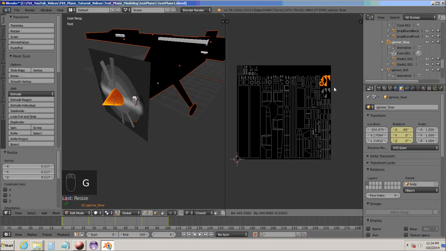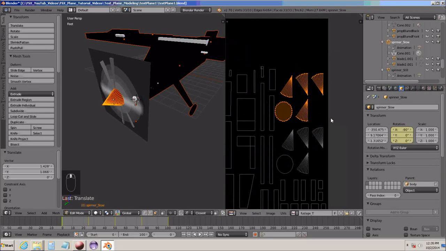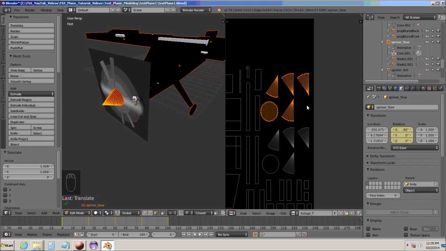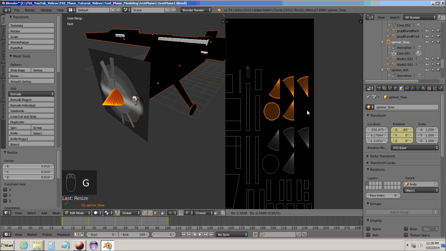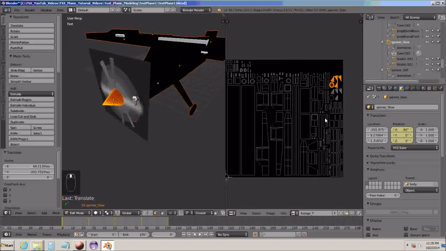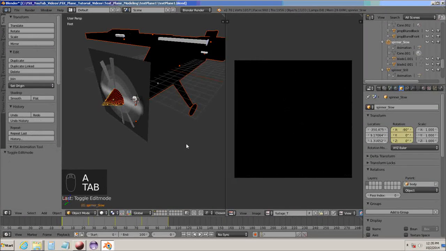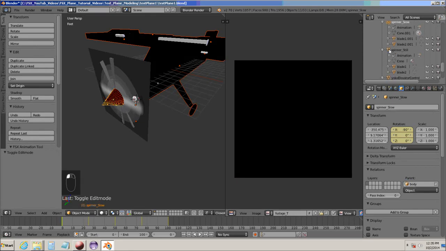G to grab, zoom in, scale, grab, that's good. Now in the 3D workspace, hit A to unselect, Tab to go into object mode, go back over to your tree view, hold down Shift, click Spinner Still, go back to your 3D workspace, hit Tab and A